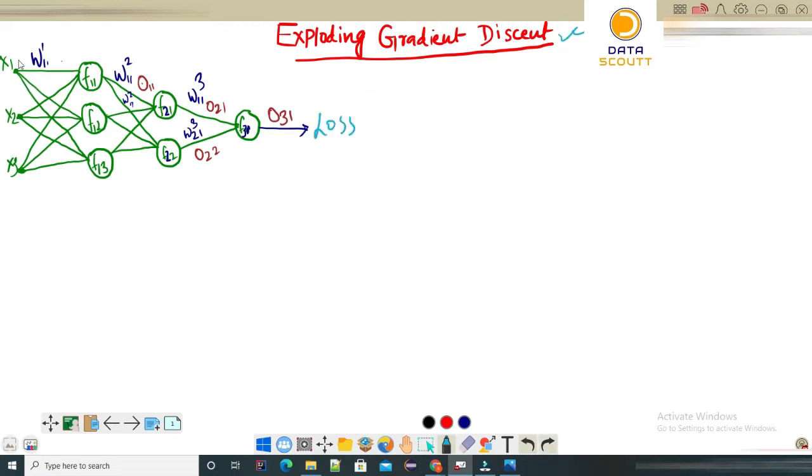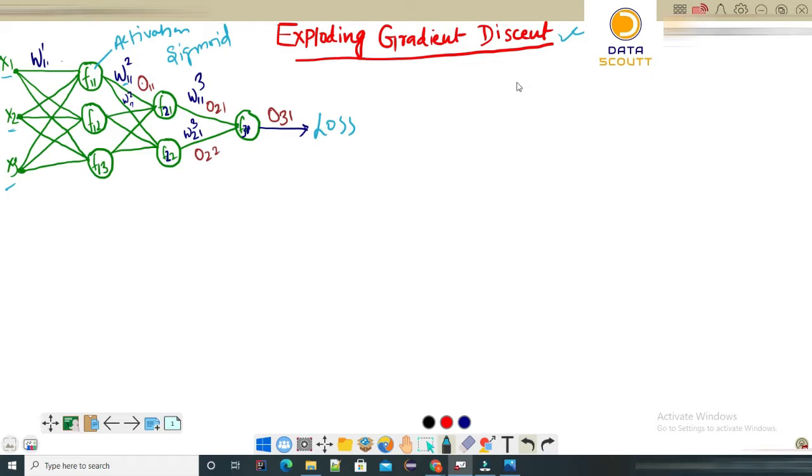So while training a multi-layer perceptron, let's take this example. We have these x1, x2, x3 features which are fully connected to these neurons F11, F12, F13. These are nothing but activation functions. And these activation functions are again fully connected to these two activation functions. Here we are just considering a sigmoid activation function. And each activation function which is connected to a different activation function has weights assigned to it.